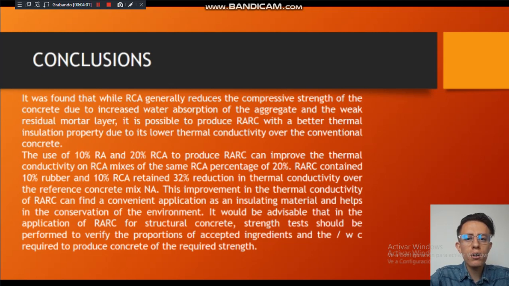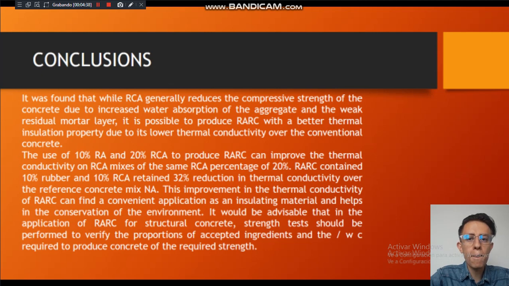The use of 10% of rubber and 12% RCA to produce a hybrid can improve the thermal conductivity over the RCA mix of the same RCA percent of 12%. The hybrid containing 10% of rubber and 10% RCA retains a 32% reduction in the thermal conductivity over the reference concrete mix and NA. This improvement